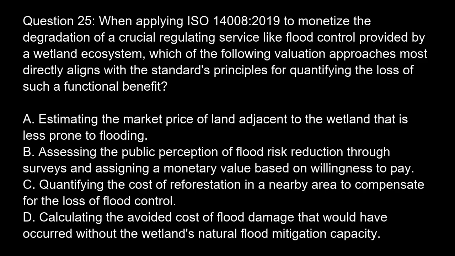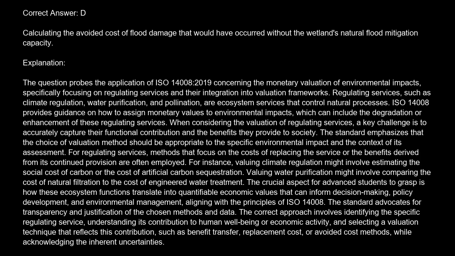to pay. Option C. Quantifying the cost of reforestation in a nearby area to compensate for the loss of flood control. Option D. Calculating the avoided cost of flood damage that would have occurred without the wetland's natural flood mitigation capacity. Correct answer is D. Calculating the avoided cost of flood damage that would have occurred without the wetland's natural flood mitigation capacity. Explanation. The question probes the application of ISO